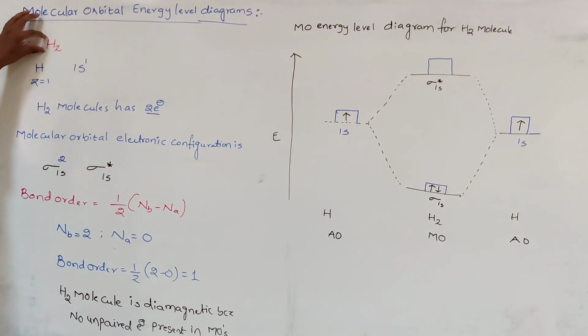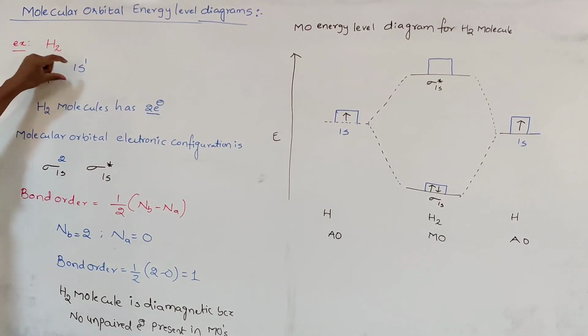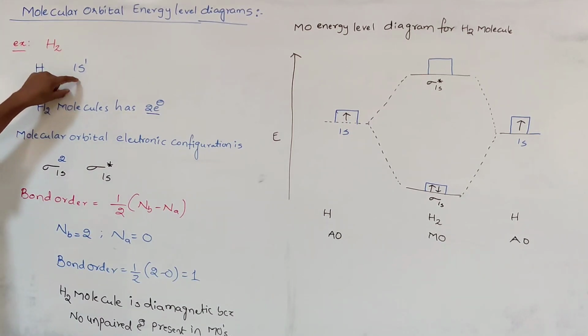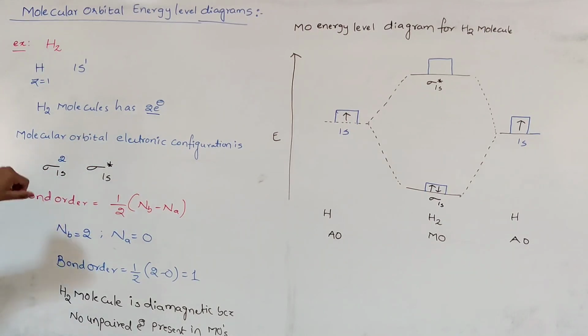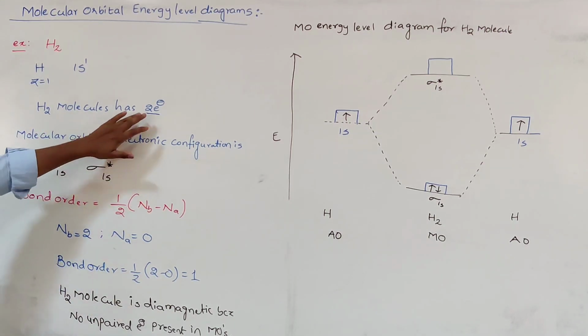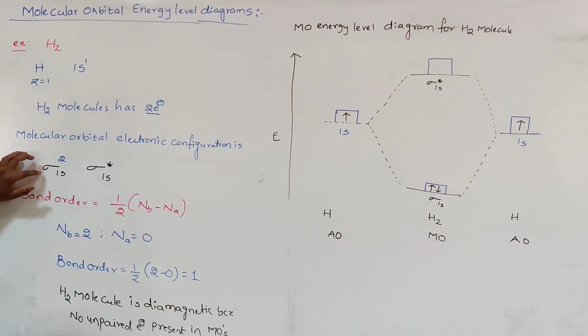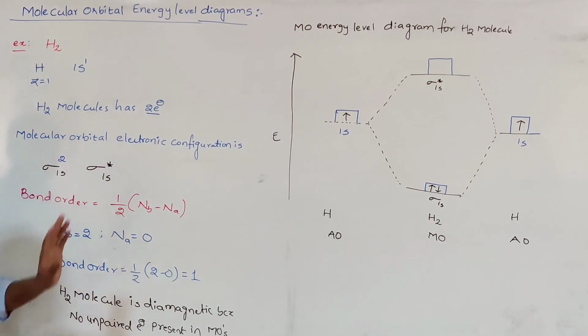Once again, this hydrogen molecule is formed by the combination of 2 hydrogen atoms. Each hydrogen atom's electronic configuration is 1s1, so each hydrogen atom has 1 electron, and the hydrogen molecule has 2 electrons in total. These 2 electrons we can fill according to the energy levels of the different molecular orbitals, which can be determined with the spectroscopic method. First comes the sigma 1s bonding molecular orbital, after that the sigma star 1s. It has only 2 electrons, so I write sigma 1s2, sigma star 1s0.